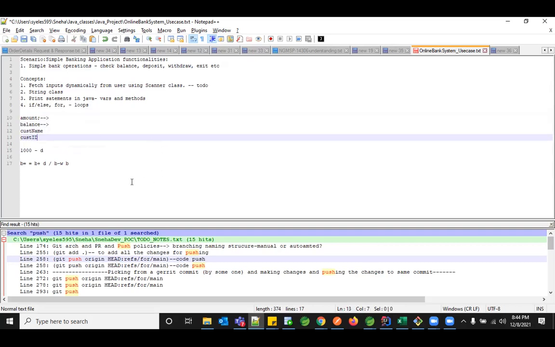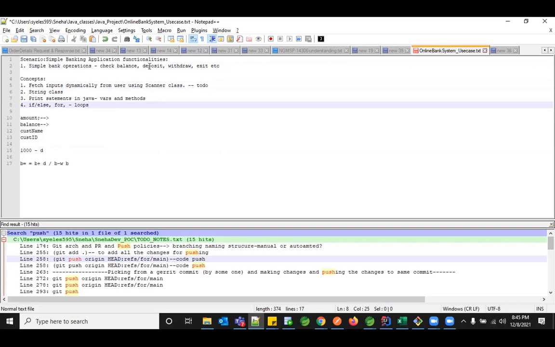Now let's see the operations: check balance, deposit, withdraw, and exit. Let's leave the exit as of now and create three methods: check balance, deposit, and withdraw. If a person is depositing some amount, we need to give him a statement. If he's withdrawing, you need to tell him this is the withdrawal.